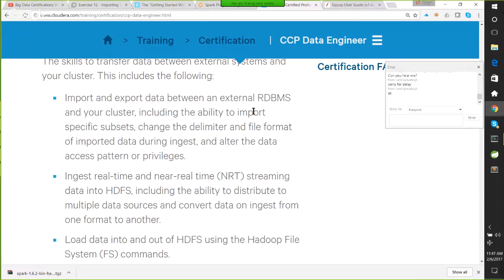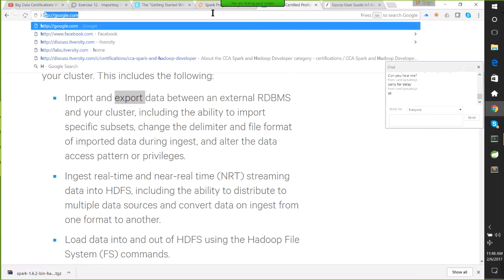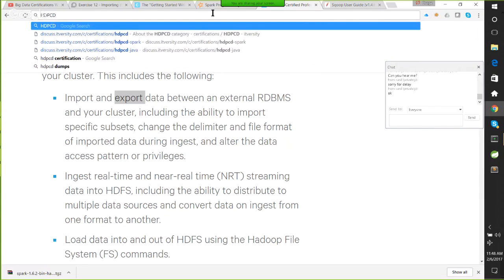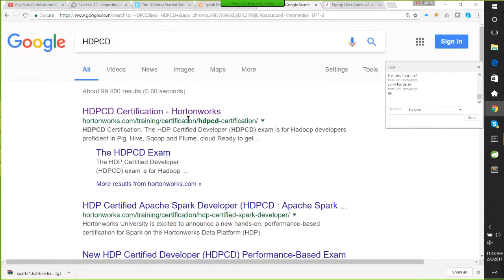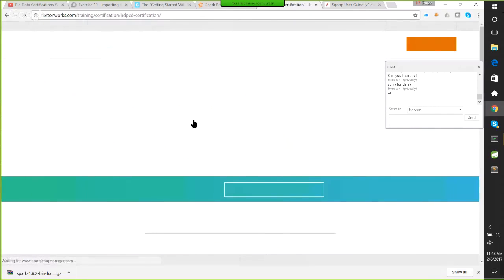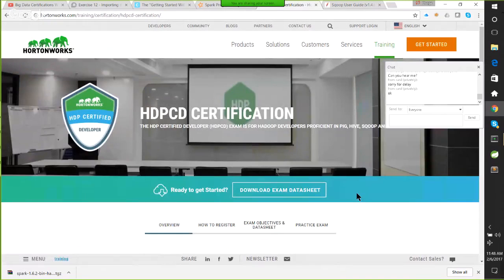Okay, so this is with respect to Cloudera certifications, we have covered everything related to import. We haven't spoken about export. We will see that, and then you can go to HDP CD certification. That is another certification which we are trying to cover. Okay, and if you go to exam objectives and datasheet,